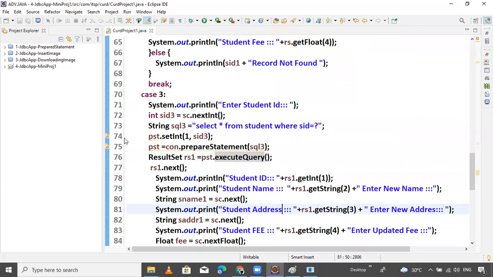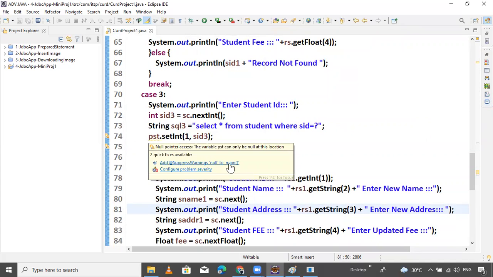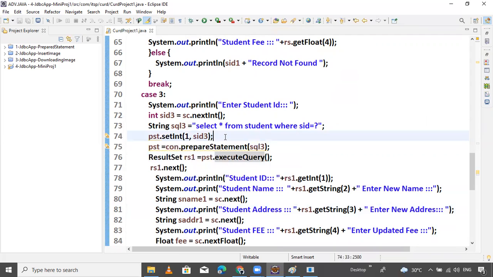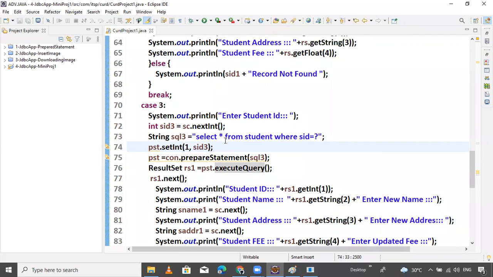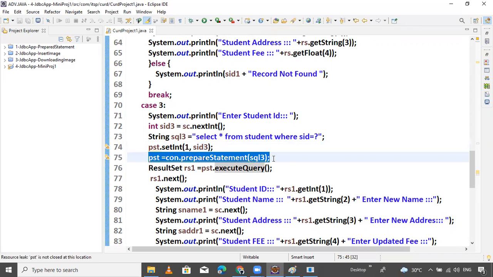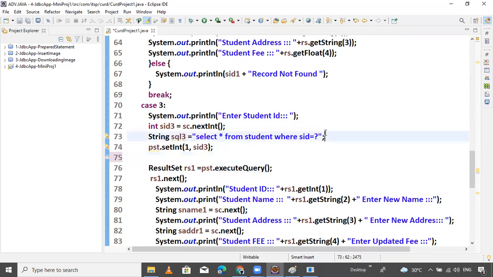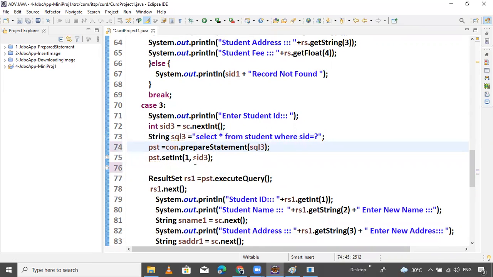Line 24. pst.set. What is that error? First we prepare the statement, then after that we set the data. Execute.